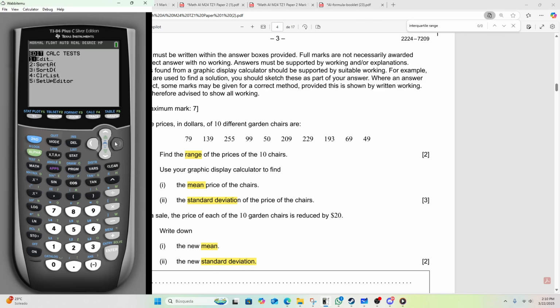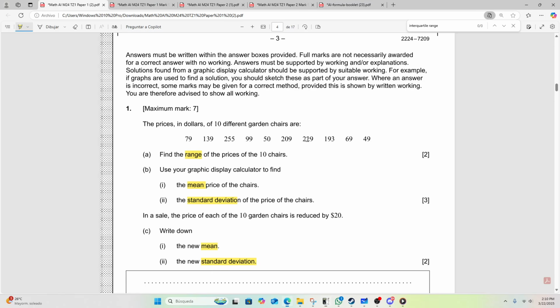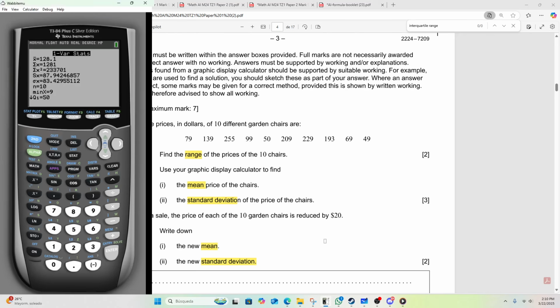Then go to stat, calc, one of our stats, because it's only one variable. Go ahead and press calculate, and a bunch of stuff shows up. Okay? Now, the reason I'm showing this on video live is that for the range, for the mean, for the standard deviation, a lot of this is going to show up here. But you're not going to be able to get it or understand it unless you know what your calculator is